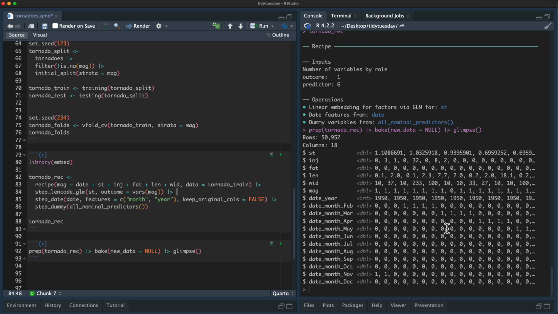And then hopefully it will print out here. Okay, that took a little sec. It's pretty big data and it had to learn a little model. Notice what's in state now. Instead of things like Alaska, Texas, Arkansas, now there are these numbers. These are the numbers that have been learned from the training data to map from this state to this effect on the outcome. And then also notice we've got our months of the year, and this is all zeros and ones. So it's 0 if it is not that month, and 1 if it is that month.